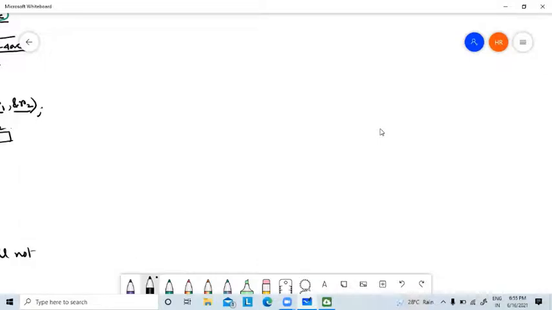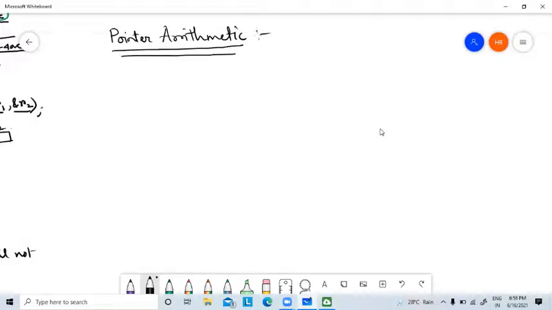Okay. Now, if you remember, in the last class I discussed something called pointer arithmetic. Now, this pointer arithmetic is totally different from normal arithmetic.